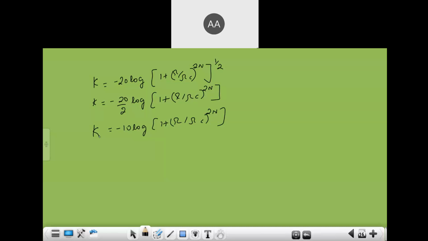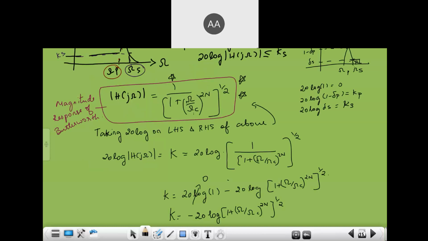When k is equal to kp, omega is equal to omega p, right? If k is equal to ks, omega is equal to omega s. So we want to write this in terms of omega p and omega s. I want to get the expression for kp first. So what I'll do, have you understood this? It means, see here,